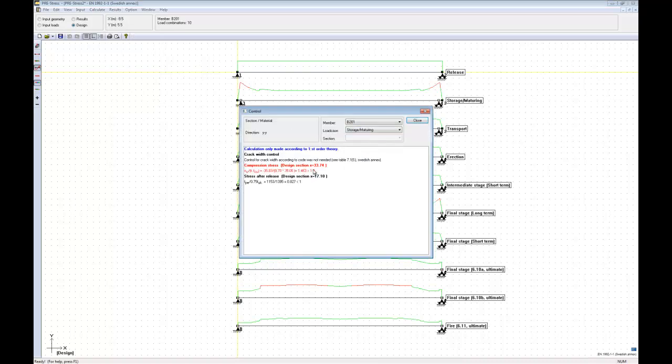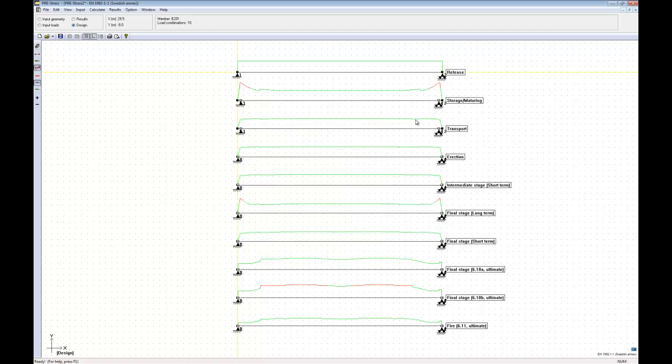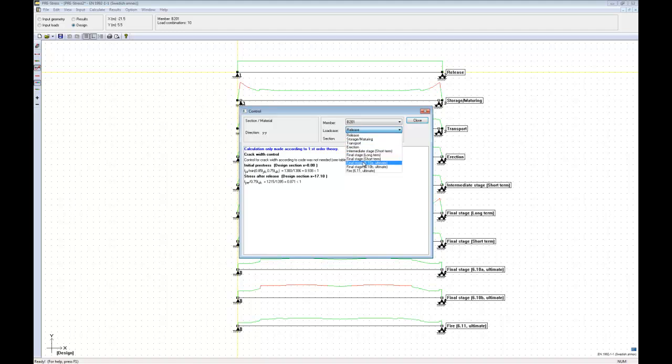And we can see that I still have problems with compression stress, even though I use 0.7 instead of 0.45 now. So in order to avoid this, you can lower the pre-stressing force without actually changing the moment capacity here in the final stage. And we take a look here in the final stage. This is pretty decent now in this load combination, but it's not really good here, so I might want to